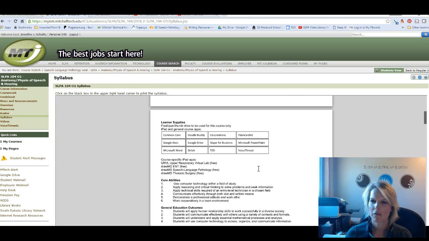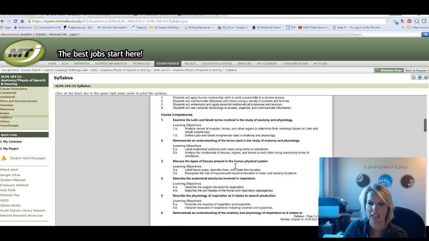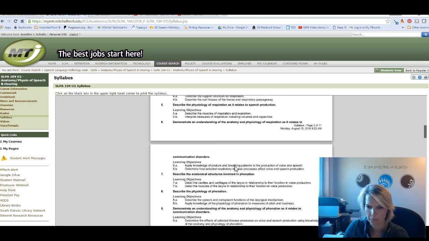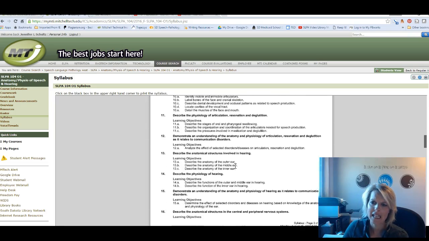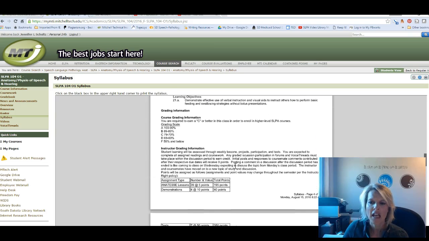I've listed some of our apps that are general apps for the program, and then some course-specific apps that we'll be using in our discussions and that you can use later as an SLPA when you are working to help you and maybe some of your clients or parents of clients understand better what's happening in speech and hearing. Our competencies and the learning objectives for each competency are listed in the middle of the syllabus, and then right